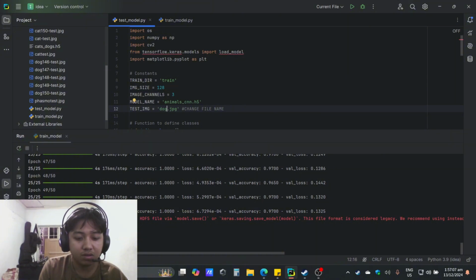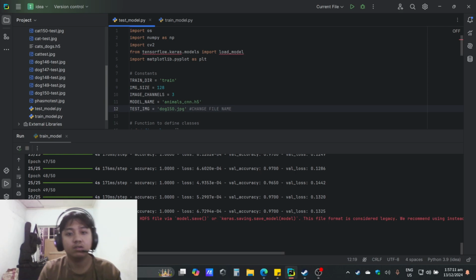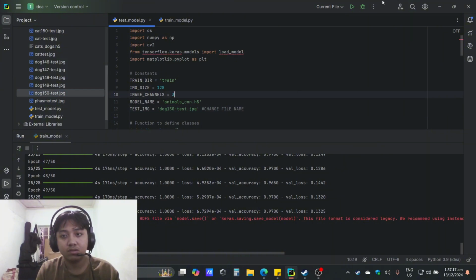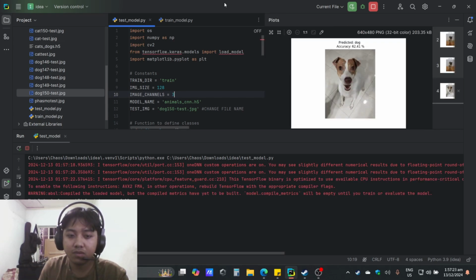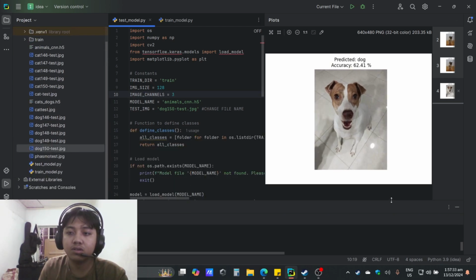So let's try this dog 150 dash test. So let's save it, and then as you can see, the accuracy of the scan is 62.41, and it's a dog.